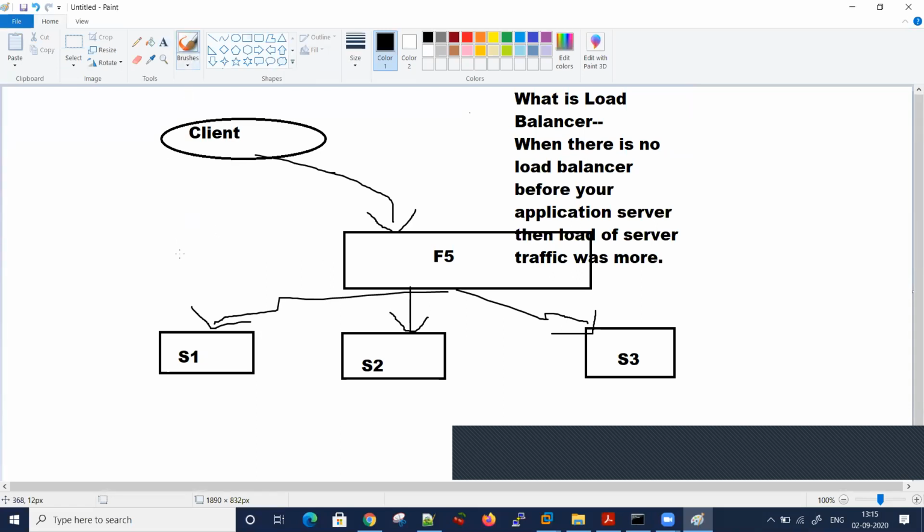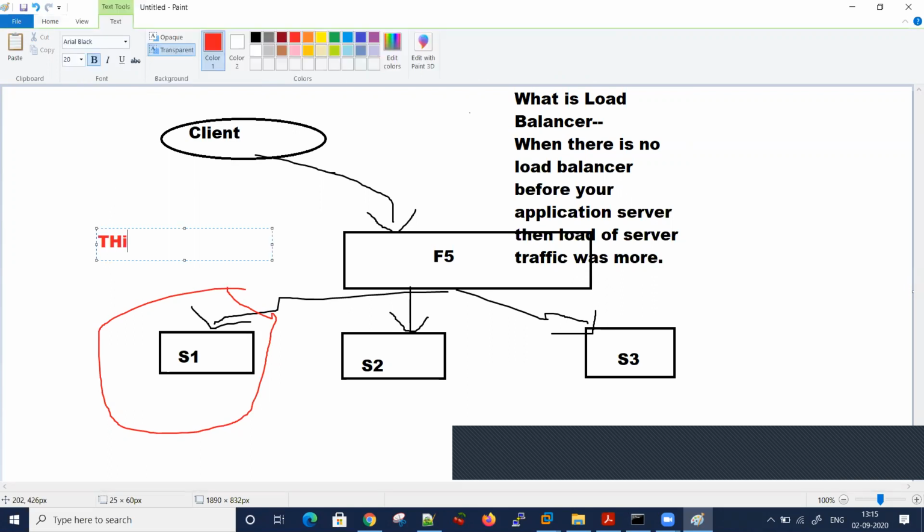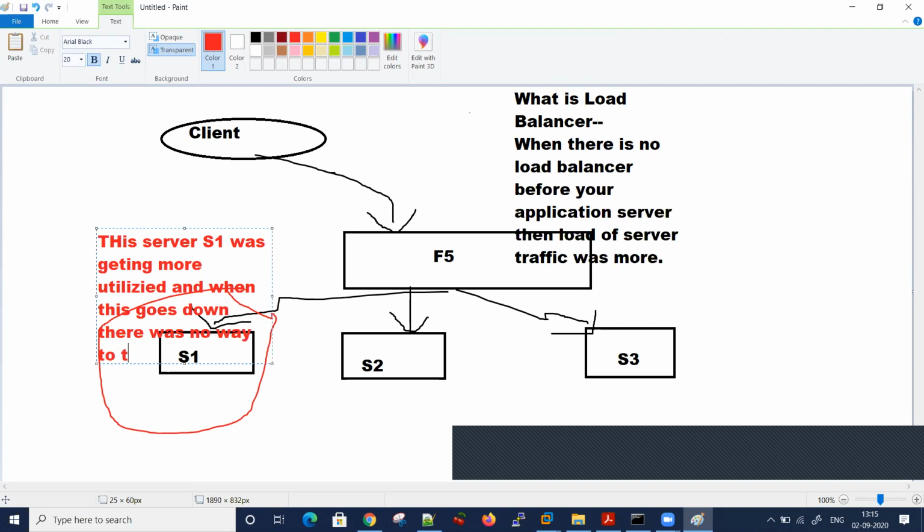If I talk about server one, when there was no load balancer in the picture, this server one would get all the traffic from the client. So this server S1 was getting more utilized, and when it goes down, there was no way to track this server.